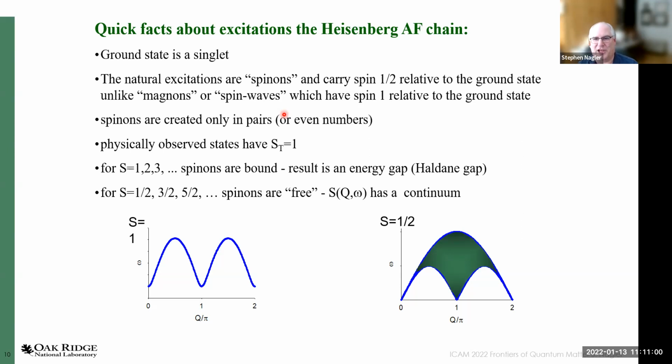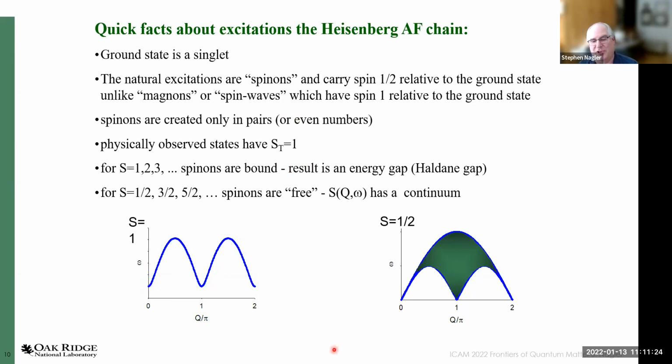It's like a quark-antiquark pair in a meson. And there's an energy gap, the Haldane gap, which is like the rest mass of the meson. If the underlying spin is half-odd integer, which includes spin 1/2, the spinons are, in some sense, asymptotically free. So one consequence of that is that for the spin 1 chain, the spectrum has a well-defined excitation with